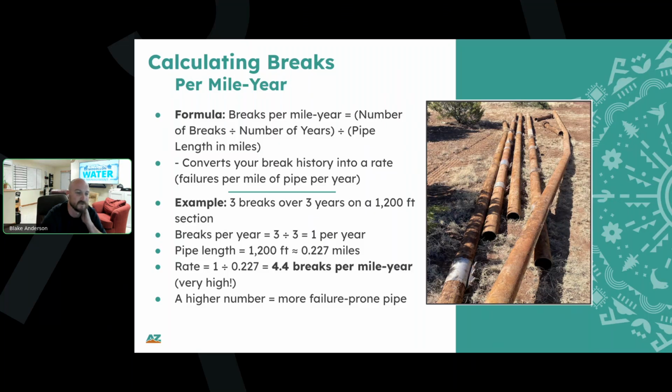And so being able to present that information to your town council or public works director really goes a long way in helping to say, hey, what we're experiencing may feel normal, but it's not normal. Like, these are the signs that things are not progressing in a good way, or we're not replacing our pipeline at a rate that's sustainable. And it also lets you see the break frequency in a normalized way. So a pipe with 4.4 breaks per mile per year is basically breaking a lot relative to its length. And so it's a pretty easy red flag that this section of pipe is in trouble.